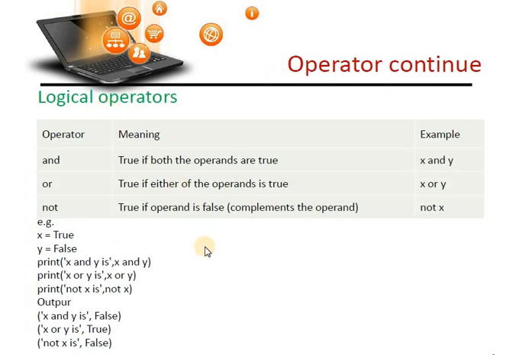Now there are logical operators: and, or, not. Fine. Now and means it returns true if both operands are true, or means it returns true if any one operand is true, and not is the complement operator, means if true then false, if false then true. Okay,